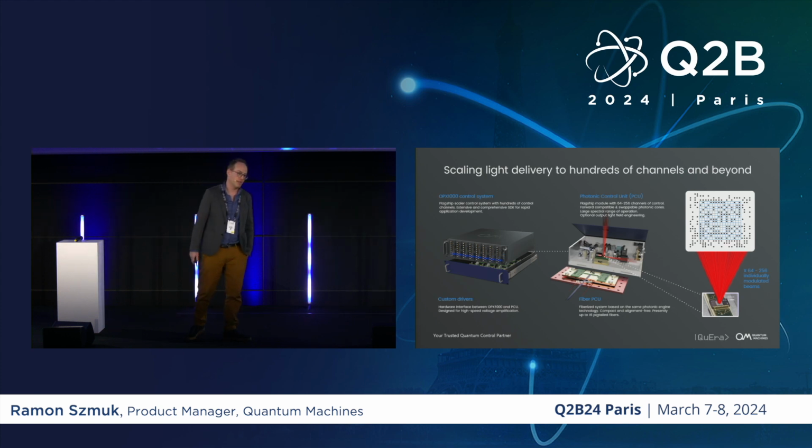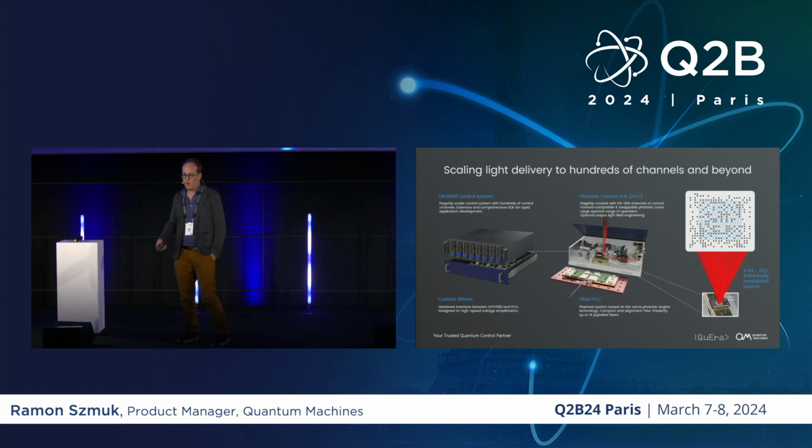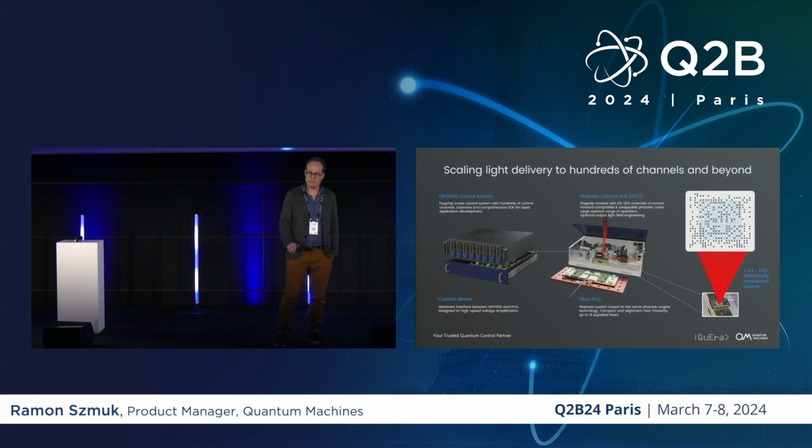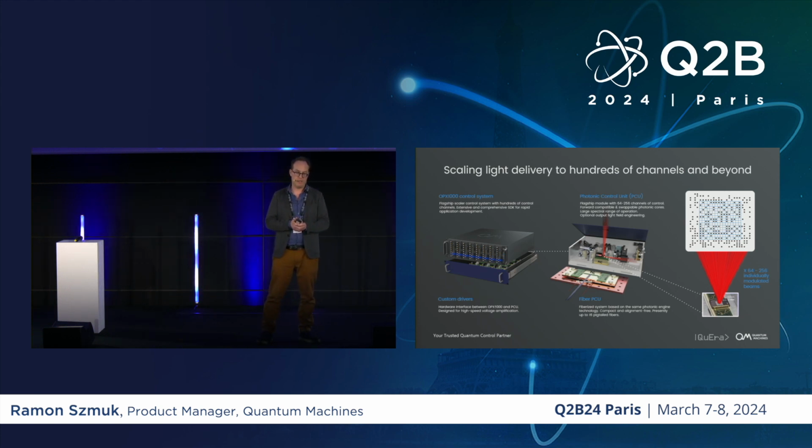The readout for atom arrays, for ions, is done with cameras. There's still work that we can do there. We already work with low latency cameras to do low latency feedback with such things. But in general, we have what we need, I think, to drive 10,000 qubits. We don't have the 10,000 qubits yet. There are other problems that are not ours, so laser power is still an issue, and so on. But on the control side, on the electronic side, I think we have what we need.